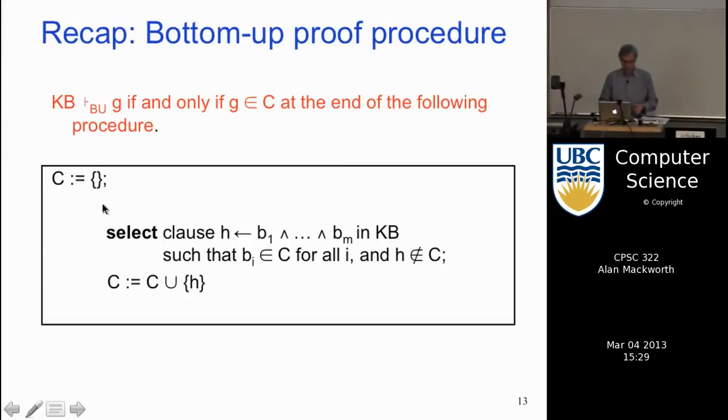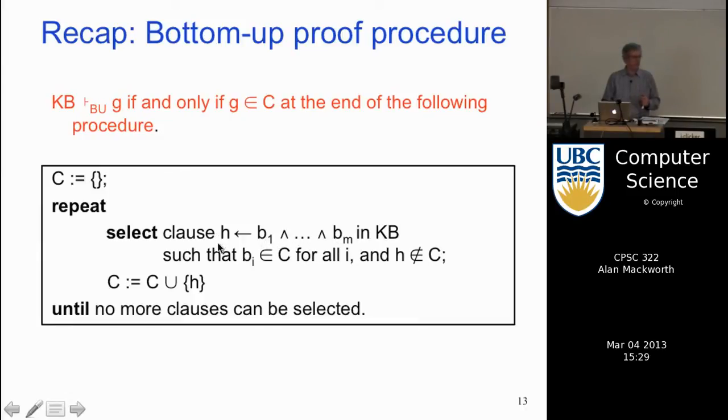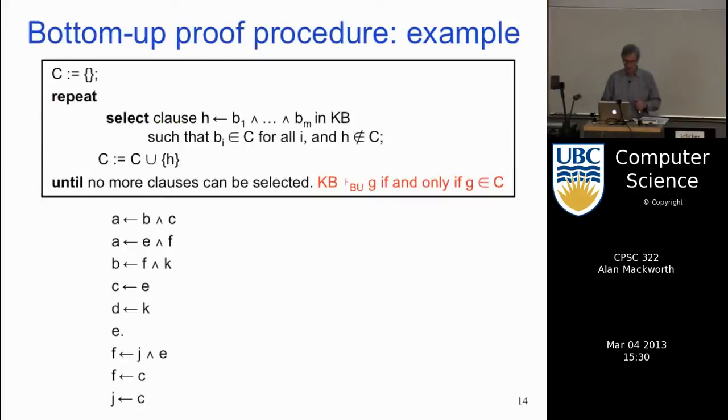I don't think we need to go over it. Start out with empty. Just select a clause. Doesn't matter what order you select them in. It has this convergence property. It makes no difference, the order of selection here. So it's what we call a don't care non-determinism. Select a clause in the knowledge base such that each of the atoms is in the set of consequences and the head is not. Then add the head to the set of consequences. Keep doing that until there's no clause that has all its atoms in the body in the set of consequences, but doesn't have its head in yet. Eventually that'll happen. This has to terminate eventually. It's easy to prove. And that's the bottom-up proof procedure.